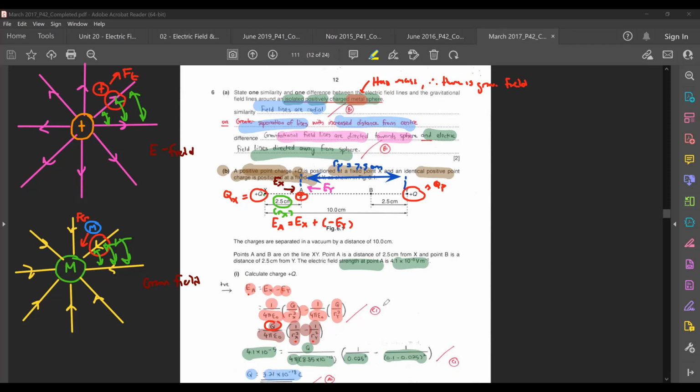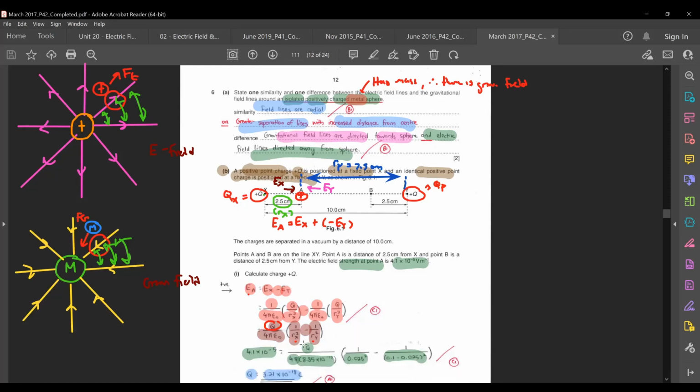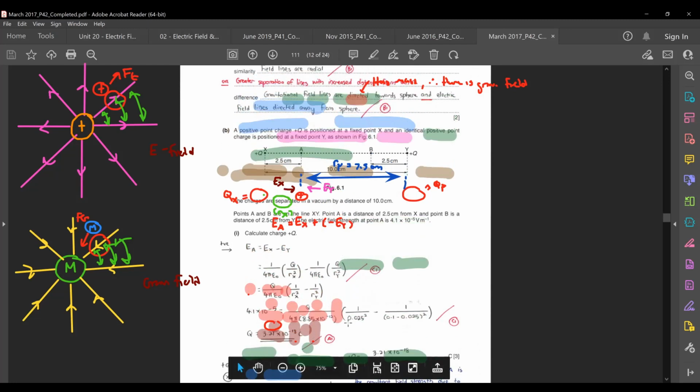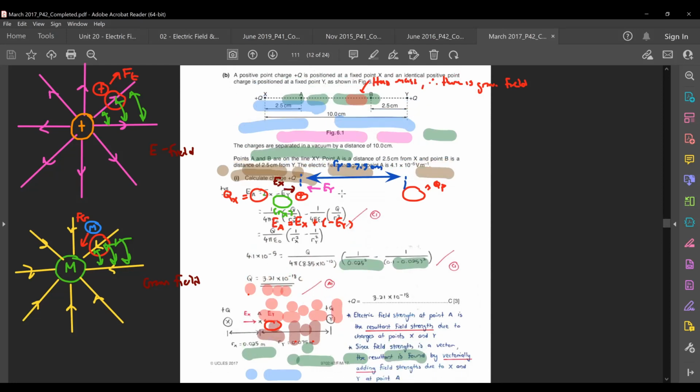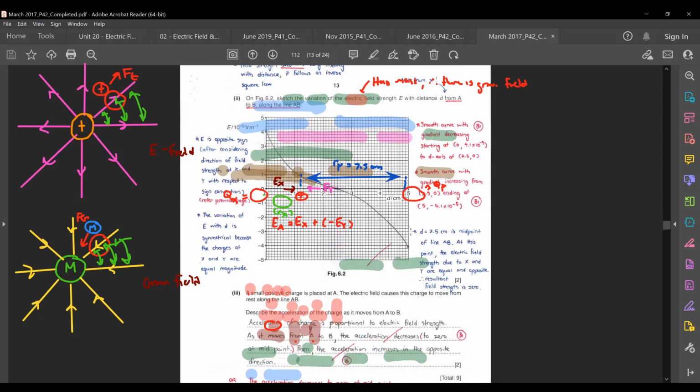So this is the basic workings of it. You may be able to rewrite it in an easier way, okay? But this is how I wrote it at that time, okay? So your answer will be 3.21 times 10 power minus 18 coulomb. So that is for this particular part. Then after that,